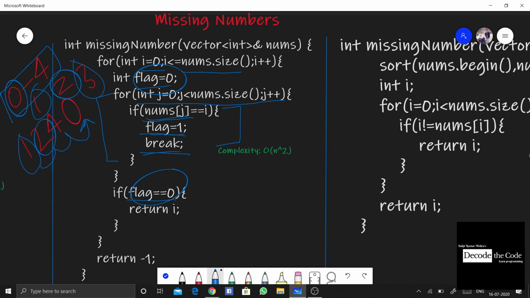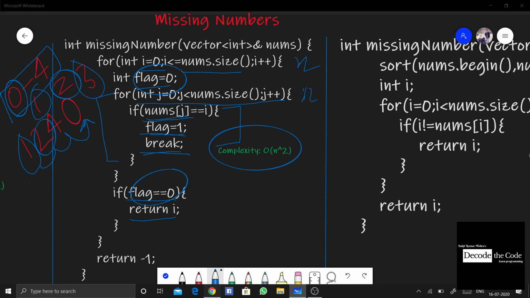So what we are going to do is return that I, that means 3 will be returned from this function, and that is how we can find it. But as you can see over here, the overall complexity of our problem is somewhat like this. Loop will take n and this loop also will take n, so it is the order of O of n square, and that is of course not optimal.